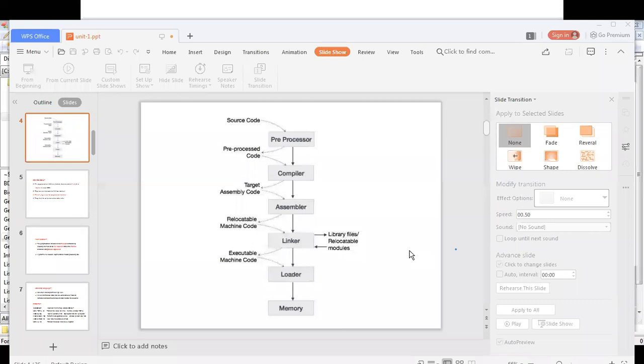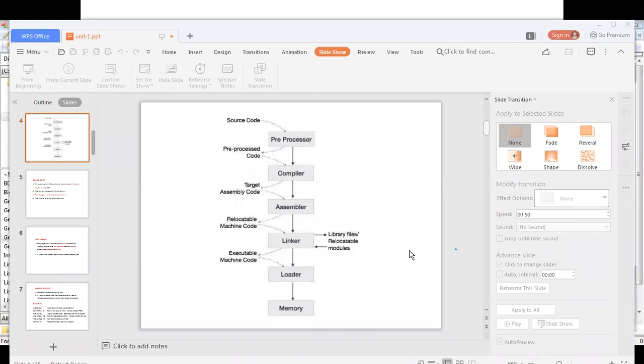When we come to the application software, the softwares which are directly used by the user are called the application software. YouTube is directly used by the user. WhatsApp is directly used by the user. The softwares which are directly used by the user are known as the application software.